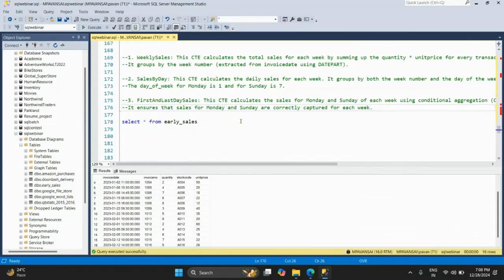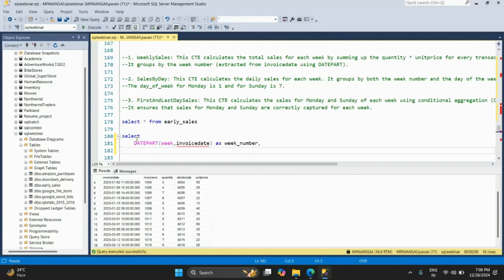For example, we have this particular table. What is this table? Early sales. So I'll write this particular select. Suppose I want to find the week. What function can I use in SQL Server? Anyone? Weekday. We'll use something called DATEPART. So here I can type week, comma, from which column? Invoice date. I'll call it week number,